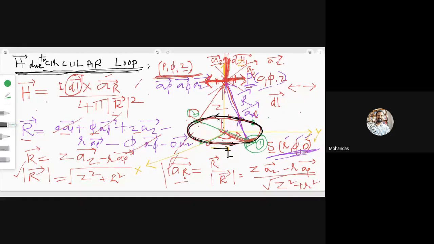So this is our x coordinate, this is our y coordinate, and this is the z coordinate. After taking the circular loop on the z equal to 0 plane, or xy plane, the circular loop is placed there. So this is the revision for the last class. Those who joined today, or were absent for the earlier classes, don't think that it is a new topic. It is already explained in the previous class. I am just reviewing it. It is placed in the z equal to 0 plane, or xy plane.